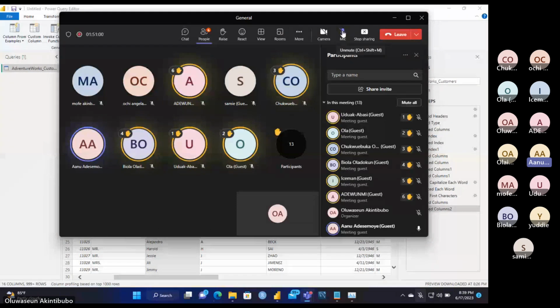So which name are we to give it, sir? Any name of our choice? The column we have created. Hello, Mr. Shem. Yes, I can hear you. Are we to give it any name of our choice, or do you have any name for us? It will automatically generate a name for it, but you can now change the name by yourself. Okay.